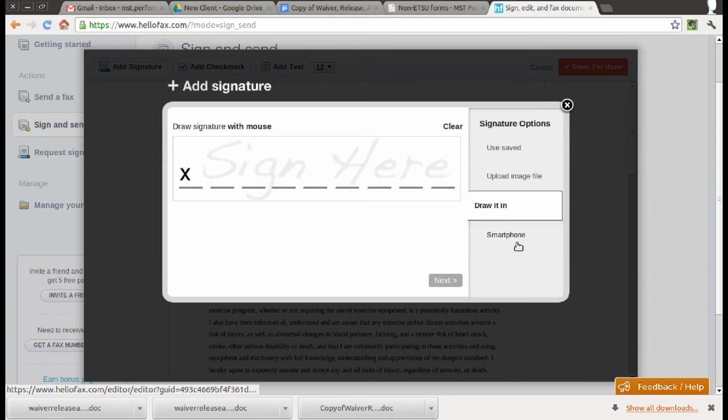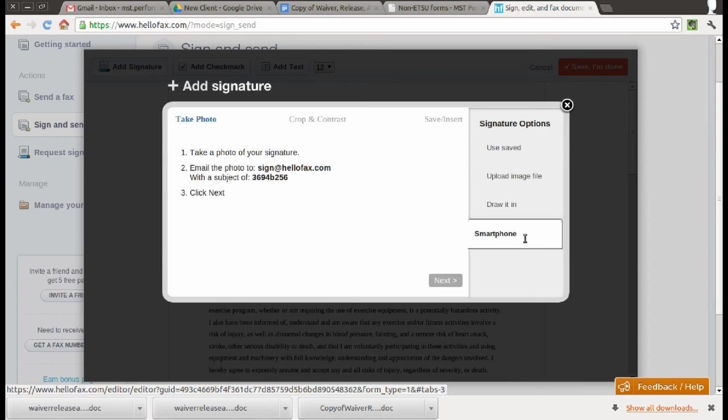Now, the last option is smartphone. I like this option the best. Again, if you don't have a smartphone, if you've got an iPad, a tablet, whatever, something that can take a picture, you can either go this direction or you can upload the image file. If you're on your smartphone though, I can't really show you too much, but once you take the photo, you're going to go to share the photo, and you're going to send it in an